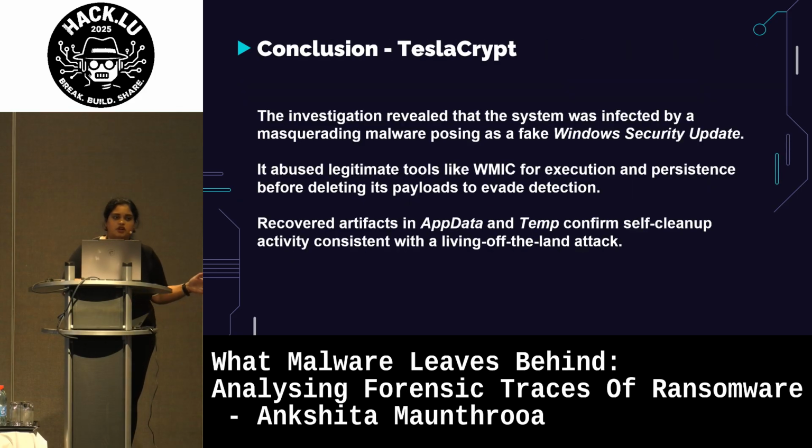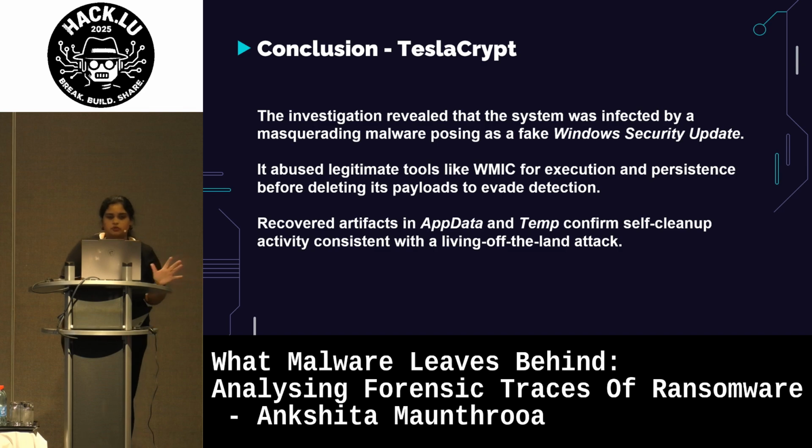I don't have a lot of information related to this, but I do have documentation that is extremely detailed in terms of the forensic and reverse engineering analysis that I did for TeslaCrypt. So basically, this investigation is just to show that the system was infected by a masquerading malware. TeslaCrypt is not really limited to just that.